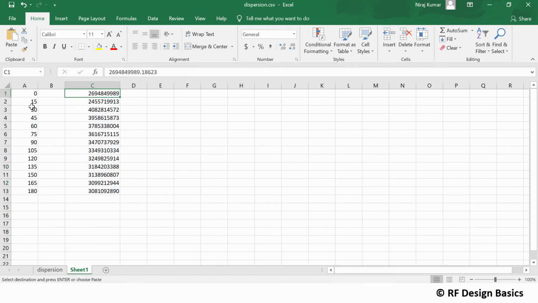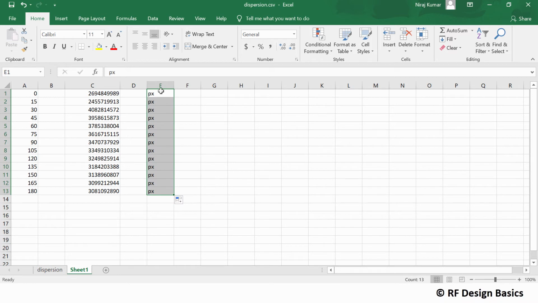So these are values from 0 to 180 degree. And what is varying here? Px is varying. So for our convenience I'll write that this is Px, meaning the 0 to 180 degree angle changes for Px. Here also, if we want, we can write 0 to 180 degree. So 0, 15 and then drag it so that it will be 0 to 180 degree.